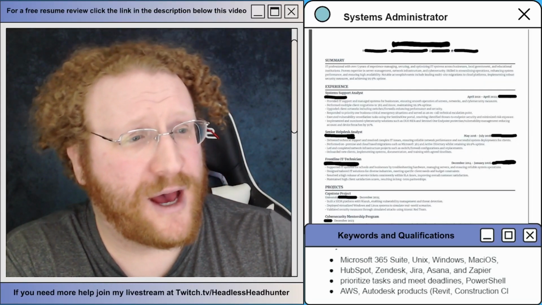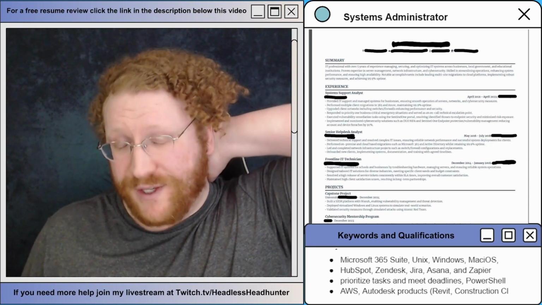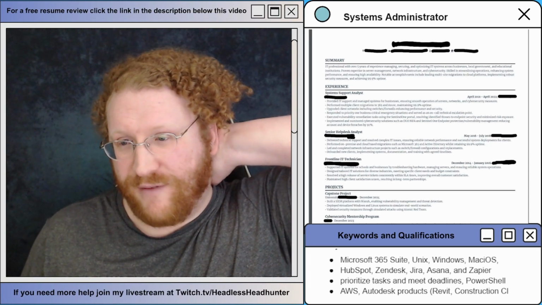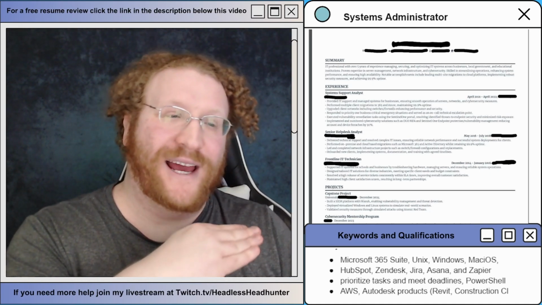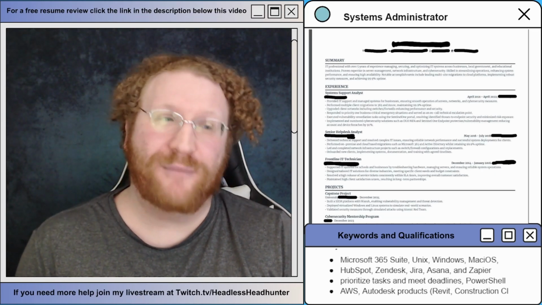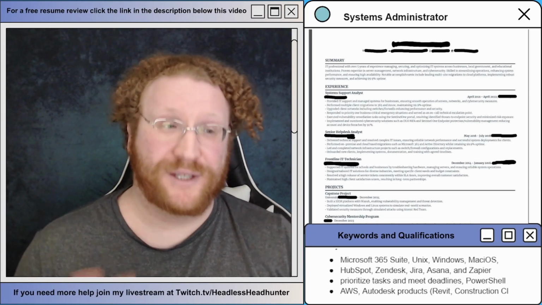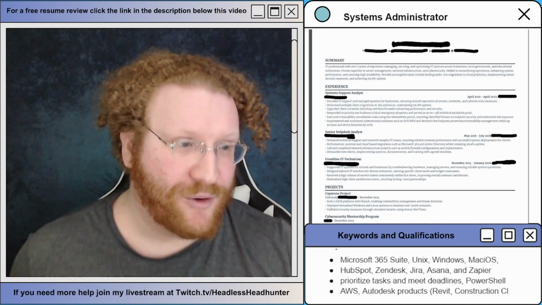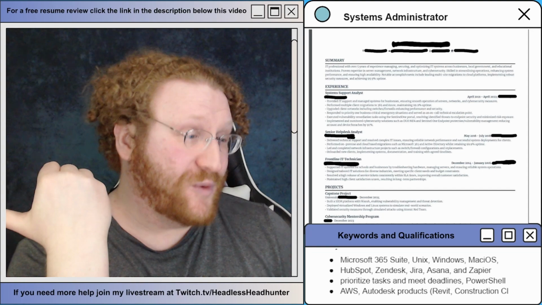So yeah, this is gonna be a little bit different. With system administrators, you can have a lot of different stuff, and these keywords are gonna be about 50% accurate. There's a lot of commonalities between them, but you're not gonna need all of them to succeed because it's really gonna be determined based on which place you're going to. And again, I'm a corporate recruiter who reviews resumes.